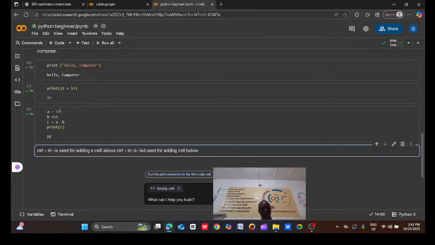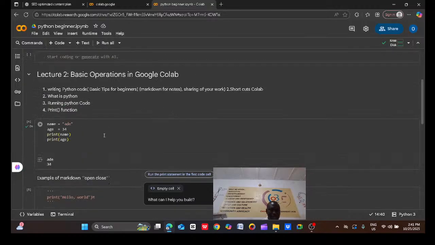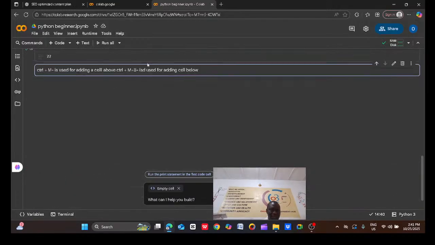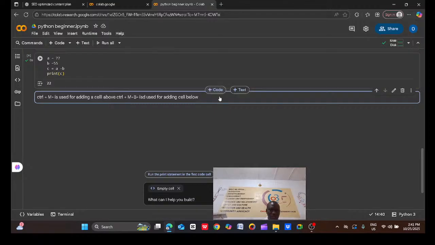So you can think of any other Python word that you can print. Giving the computer a set of instructions in Python, the computer knows what to do, because it is a program. Okay, now what is the next thing that we have to do? Running Python code, we have done that. Let's do one more example.